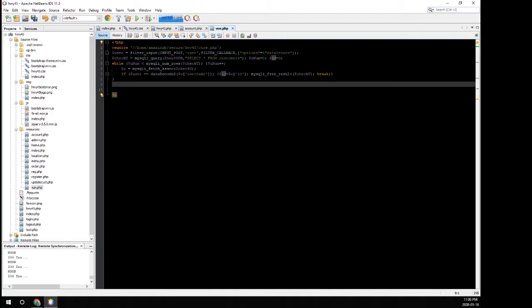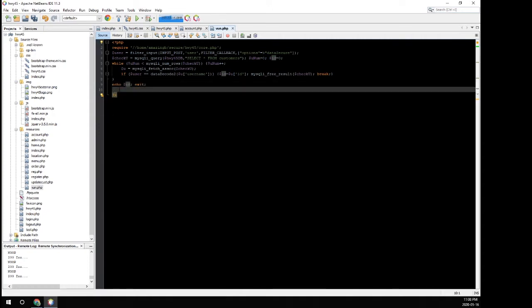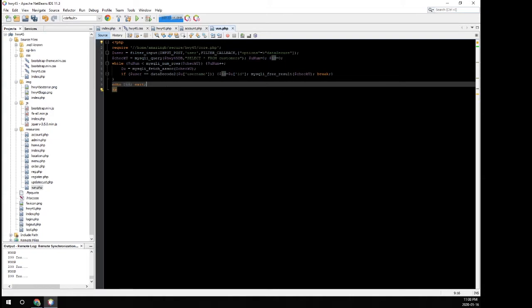then we just want to echo the ID and exit. And that's it. That's all we need for this page. Save that. So what happens with AJAX requests is it's similar to